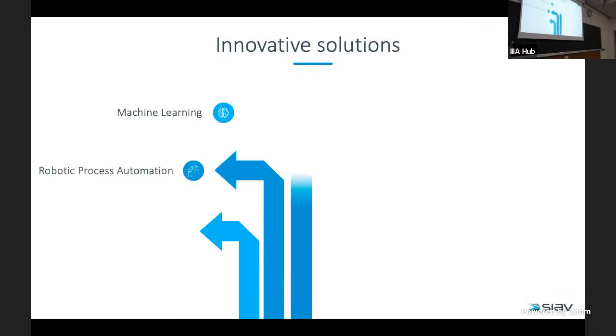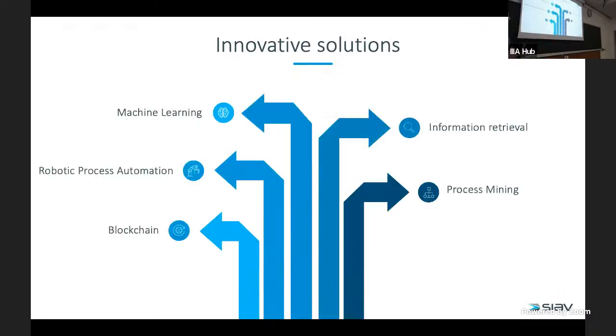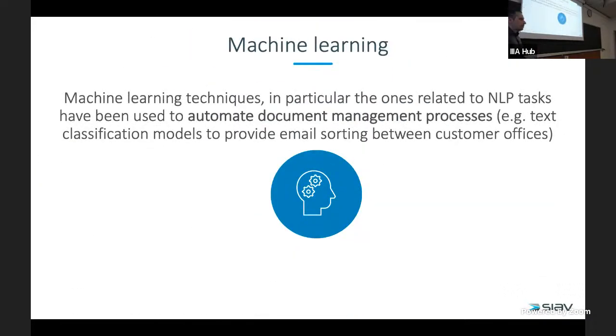So to come out with innovative solutions, you should look at many fields. The main ones that we are working on, you can see here in this slide, and mainly they involve machine learning, information retrieval, process mining, robotic process automation, and also something about blockchain. I will just briefly describe what it means using these technologies to come out with new solutions and innovation. In particular, Siav works in the document management